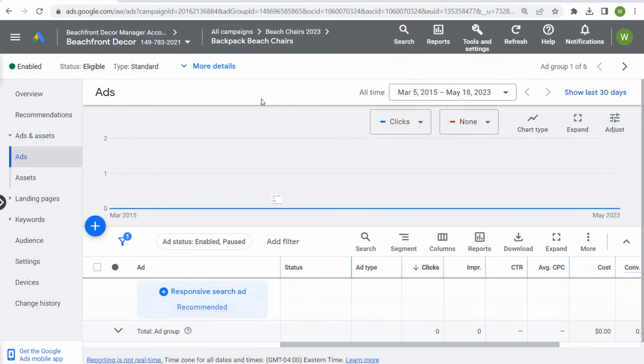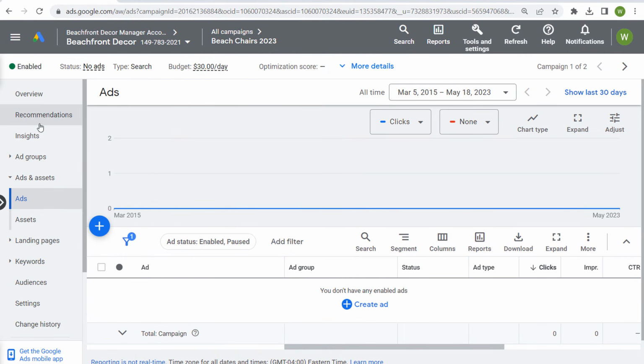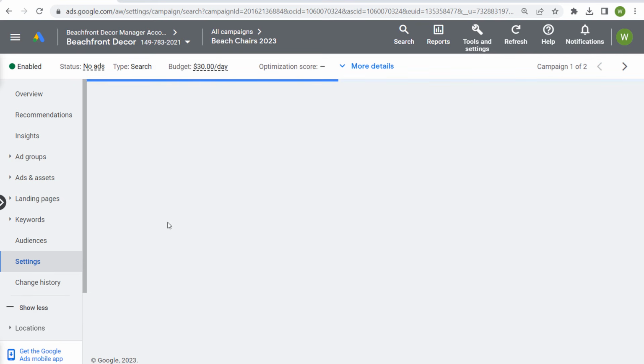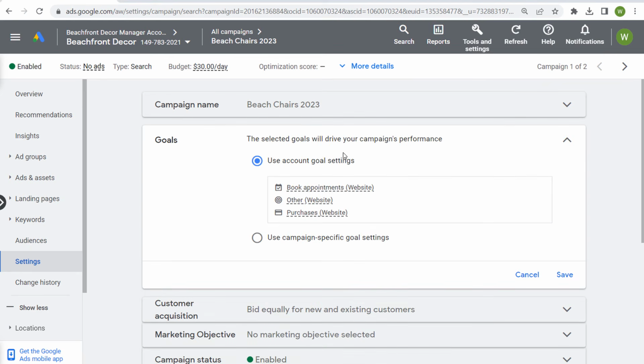Now, the next thing that I would do is we'll come back to the campaign level. So we're going to click on our campaign at the top here, and then we're going to go to settings. So we want to go to our campaign settings. You want to make sure you set the correct location targeting. You want to make sure that you have your conversion tracking set up properly. So here we have our campaign name. You're going to see goals here. So any conversion actions that you have,